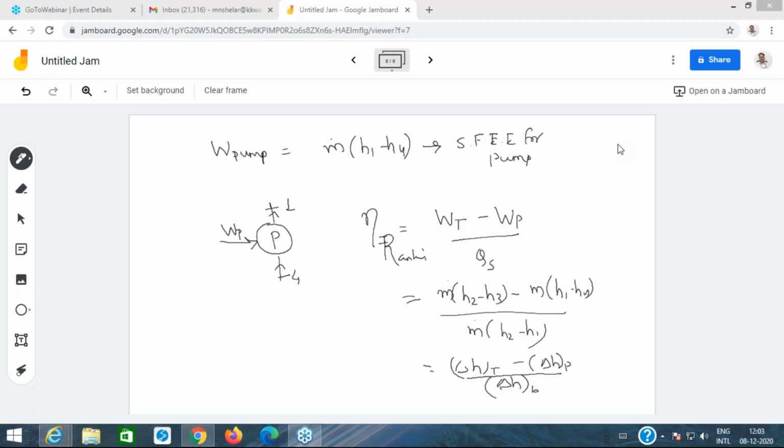As an engineer, as a person who has studied these concepts, our aim should be to improve this efficiency so that there would be less fuel consumption, less coal consumption, and we get more output. That is only in our hand, but there is a thermodynamic limit to it. We cannot increase the efficiency to 100%, but we should increase it to whatever number is possible. Is this point clear?